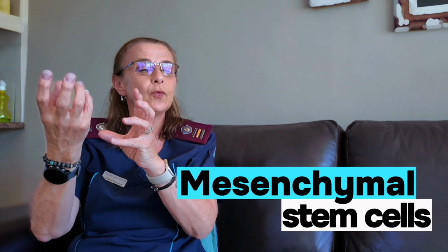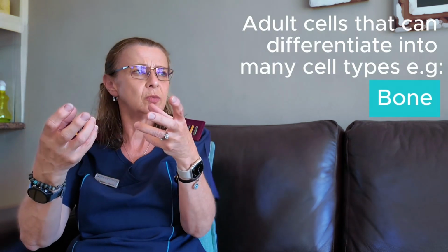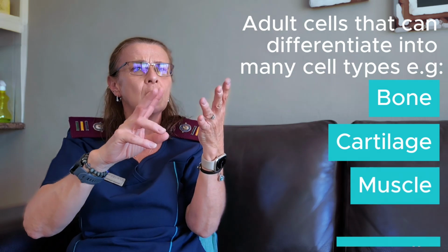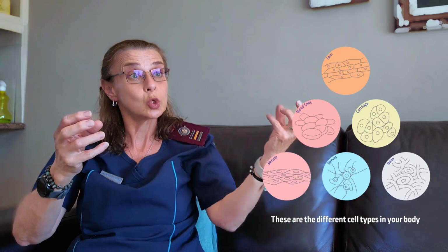They are responsible for generation or manufacture, for lack of a better word, the connective tissue on the body. So we're talking about bone, cartilage, ligament, tendon, nerve, fat even, but nobody really wants to regenerate fat, but it's possible to do so with those kind of mesenchymal stem cells. So the whole idea, the concept behind banking is to have these stem cells as a different source of a